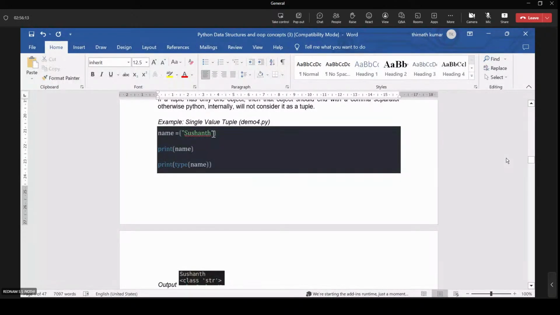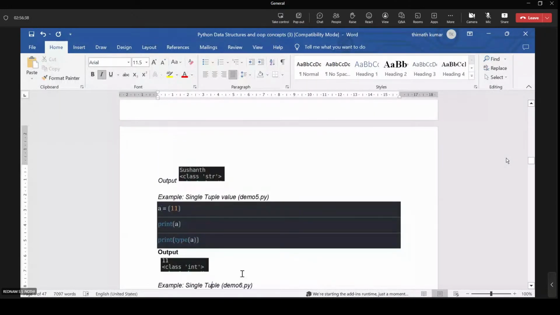If the comma is there, then it is treated as a tuple. Otherwise, it is not treated as a tuple. So this is an example: name equal to Sushant, print name, and type of name. What type is name? It is a string, but not a tuple.